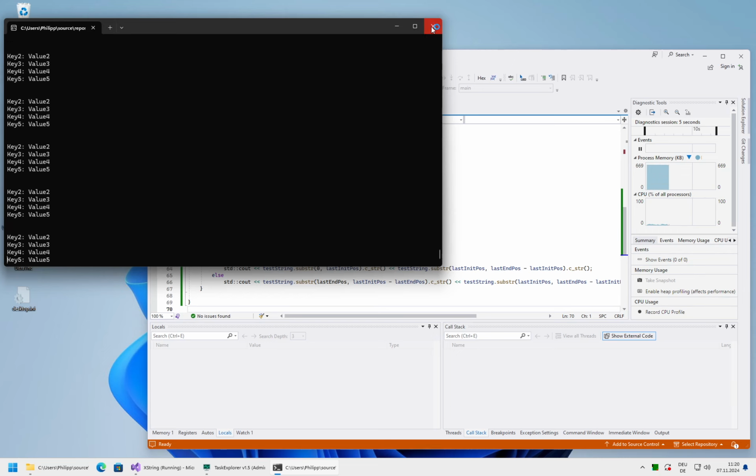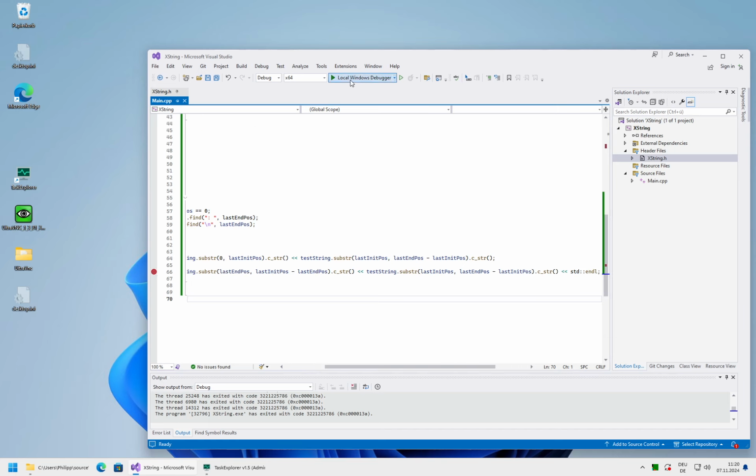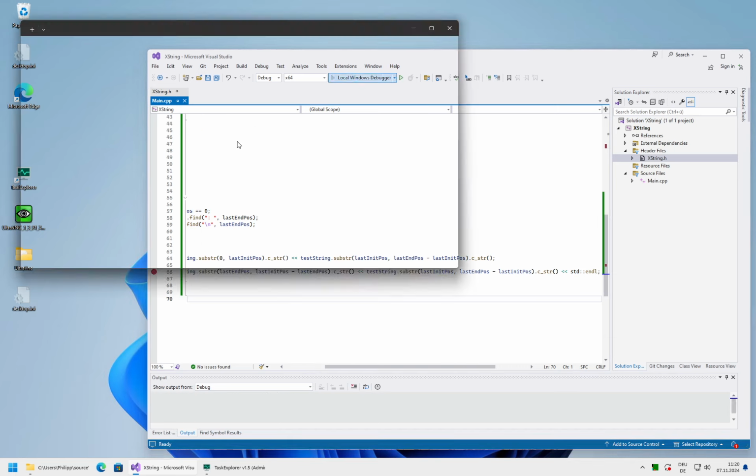It was much better before the last change. It also contains a negative value, so it prints the whole rest of the string.